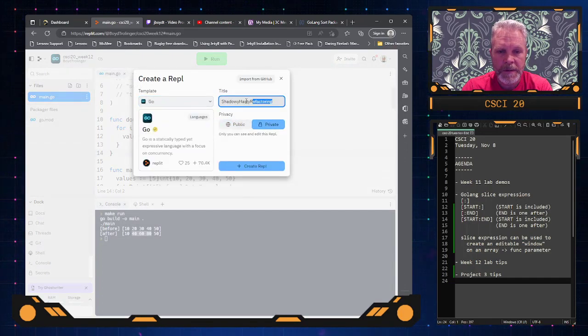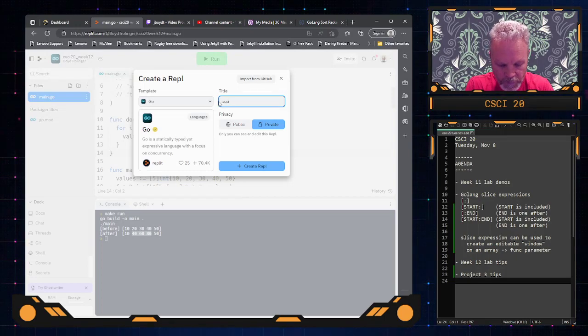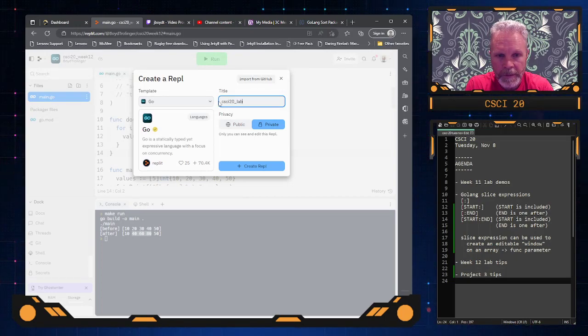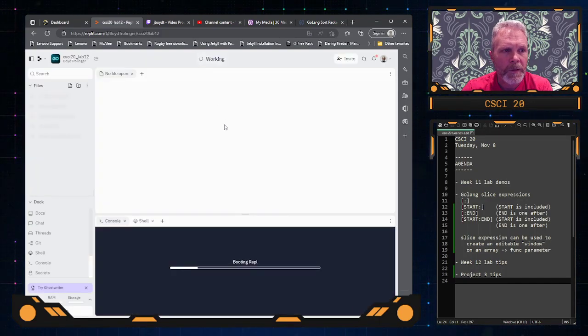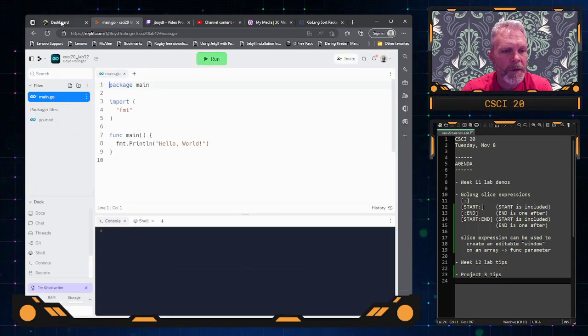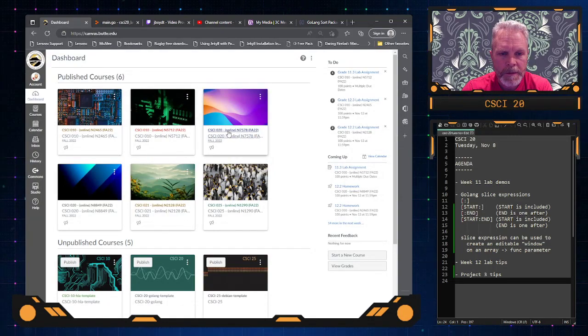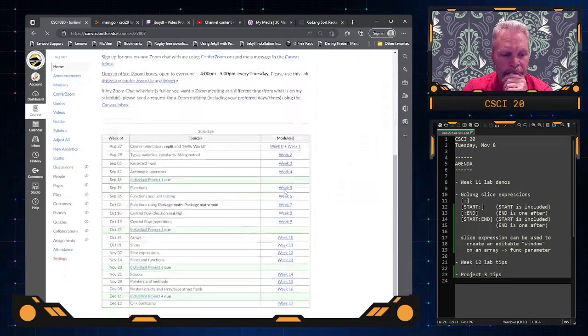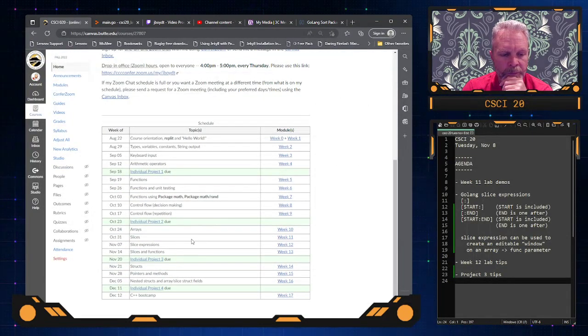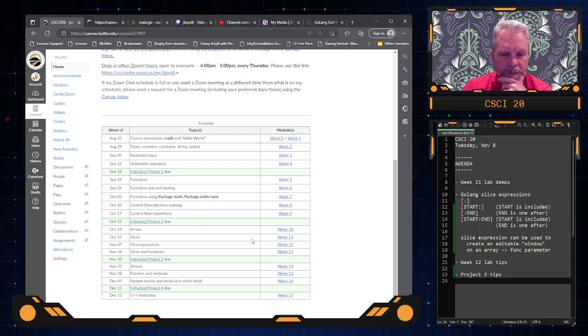So let's do, so 20, lab 12. So let me go get the lab code here. I never did walk through the module, did I? I guess I can do that while I'm at it. Project 3, let me open that so I can come back to it. And then let's get